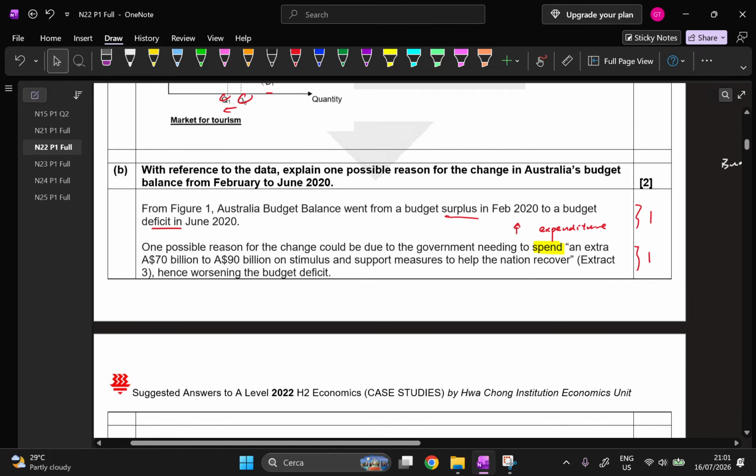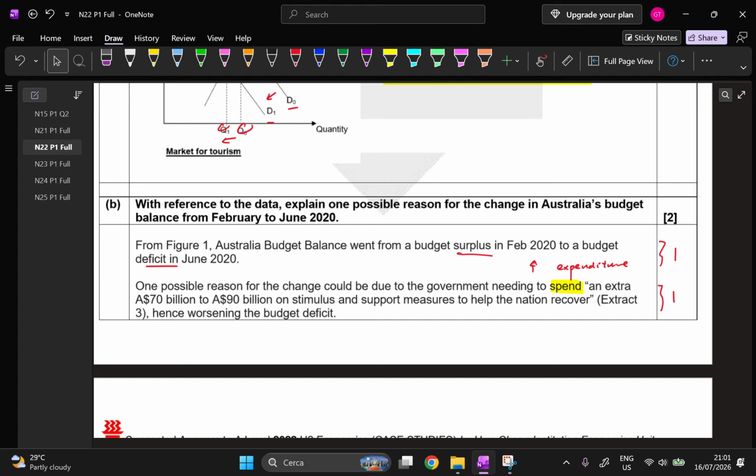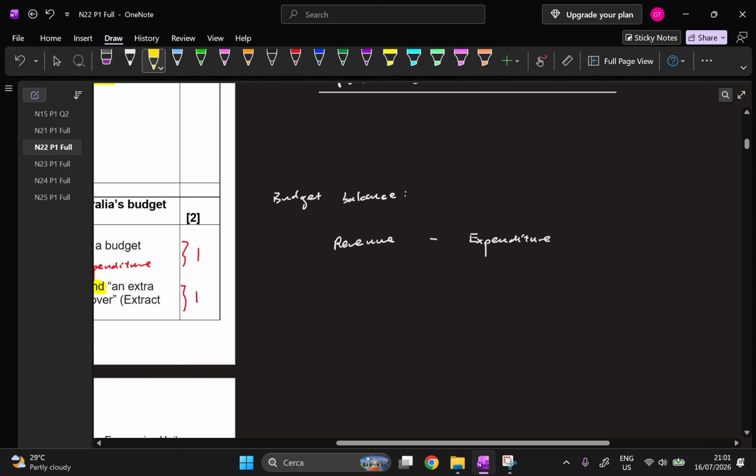So as it says in extract 3, if the government spends an extra 70 to 90 billion on yada yada yada, this means that my expenditure will increase. That's why it worsens my budget deficit. Okay? So you have come across this term before, budget surplus and budget deficit, when we are talking about